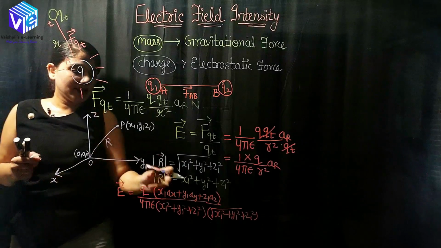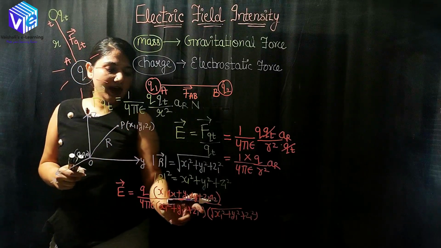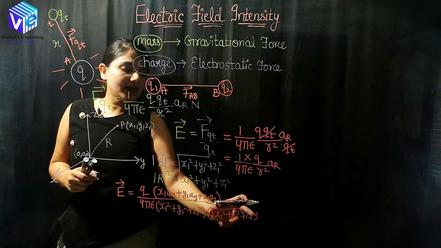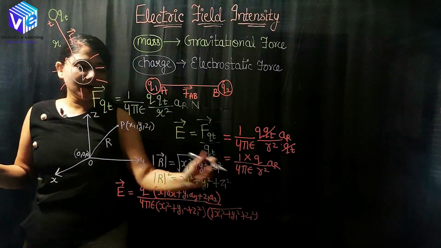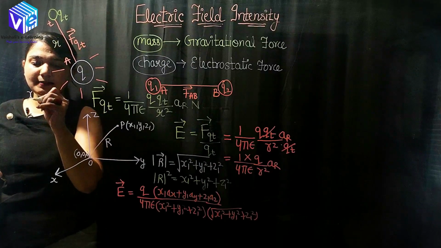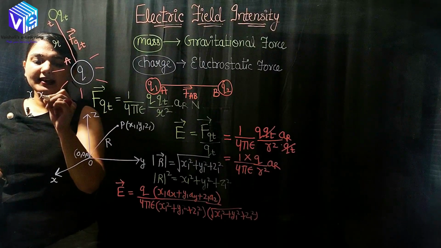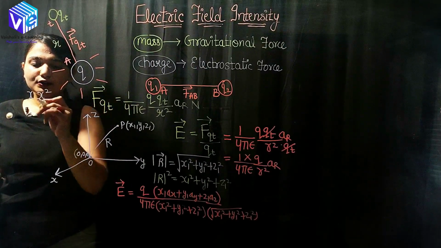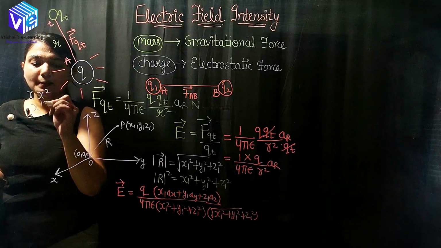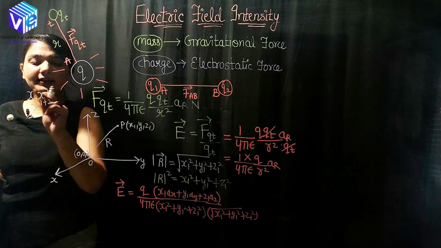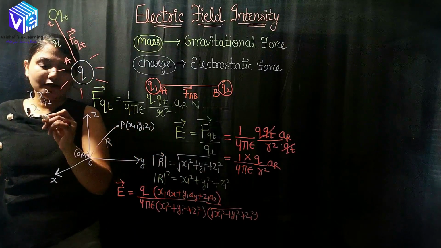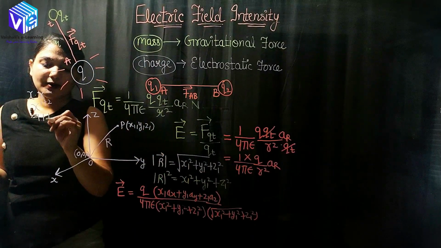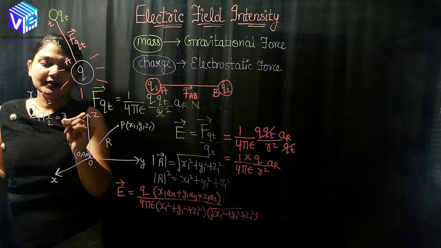The output of the multiplication will be, so here I have the power 1 and here I have the power 1 by 2. So if I am multiplying the same number with different power, I gave you the same example. If I am multiplying x with x square, it will be x raised to power 1 plus 2. I will be adding the powers. So here the power is 1, here the power is 1 by 2. So 1 plus 1 by 2, the power will be 3 by 2.